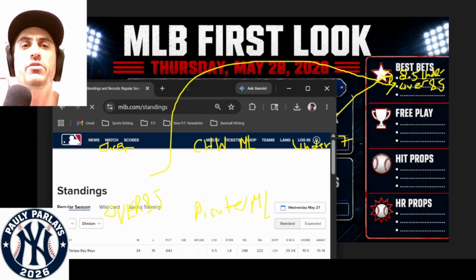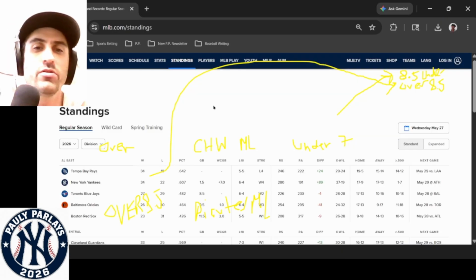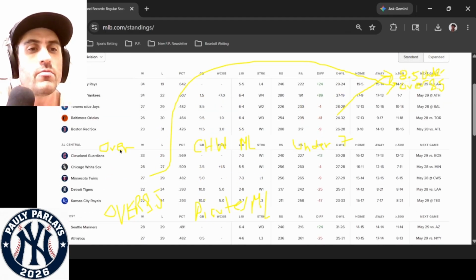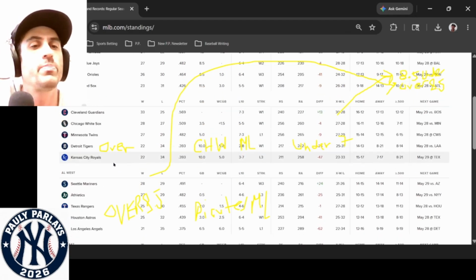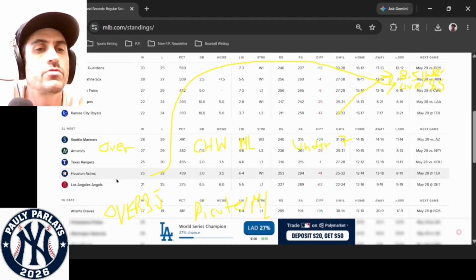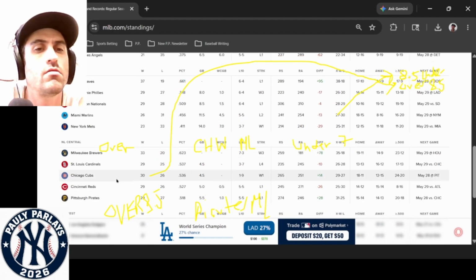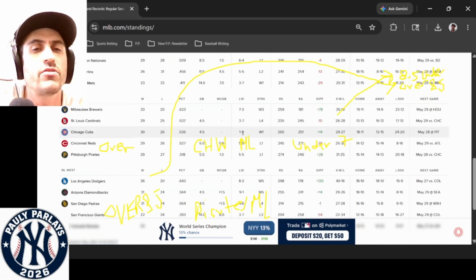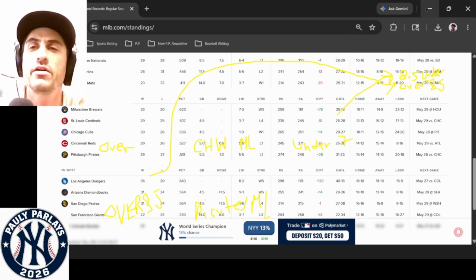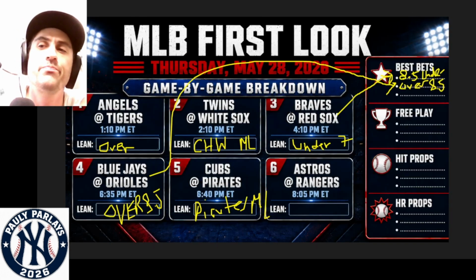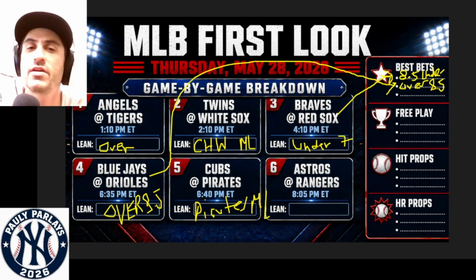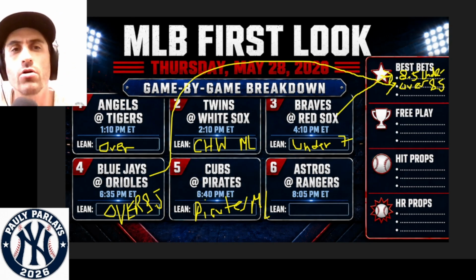MLB.com, can't go wrong with MLB.com in your research. Oh yeah, their last 10, they're 1-9. So I got to check my report on that. Yeah, 1-9 in their last 10. So struggle city for the Cubs. Skenes due for a win. I might even put a unit and a half on the Pirates tomorrow, or today, I should say,